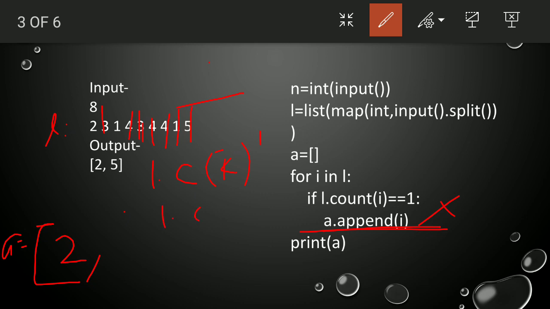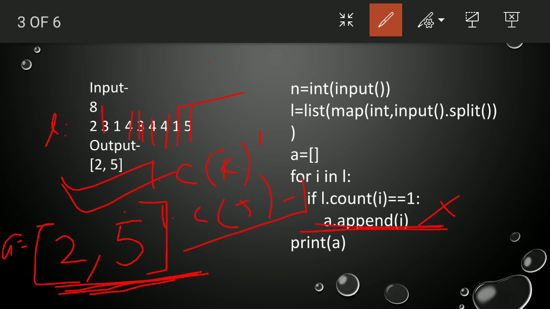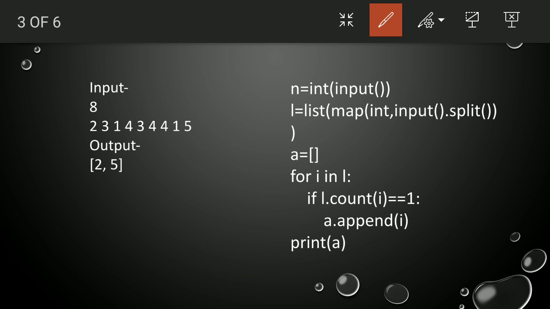L dot count of 5 is equal to 1? Yes, so it will be appended at the last. The append function is used to append the element at the end of the list. So 2 comma 5 is our output, that is the unique elements in the list that we need to print.